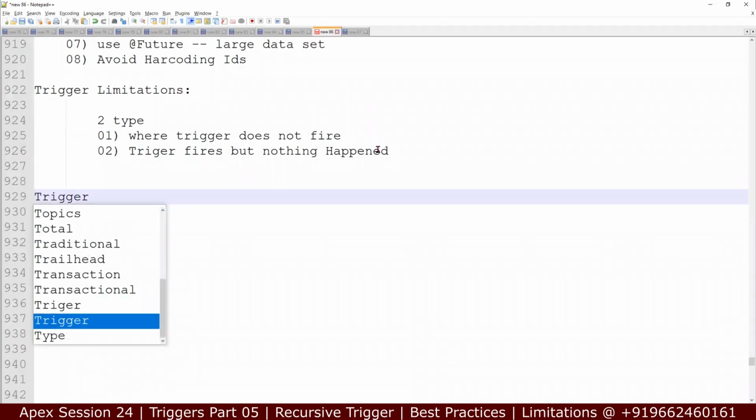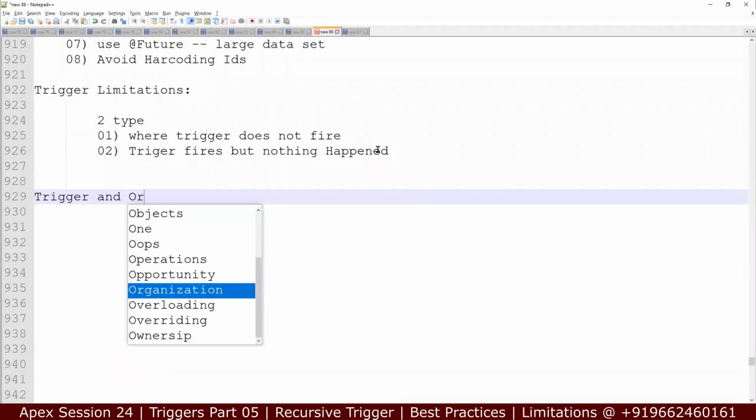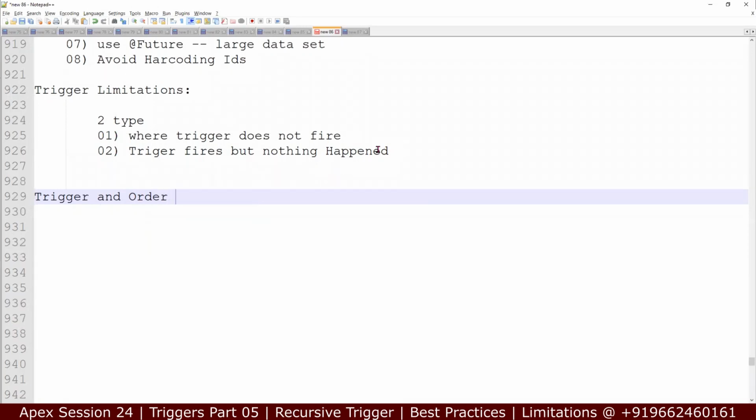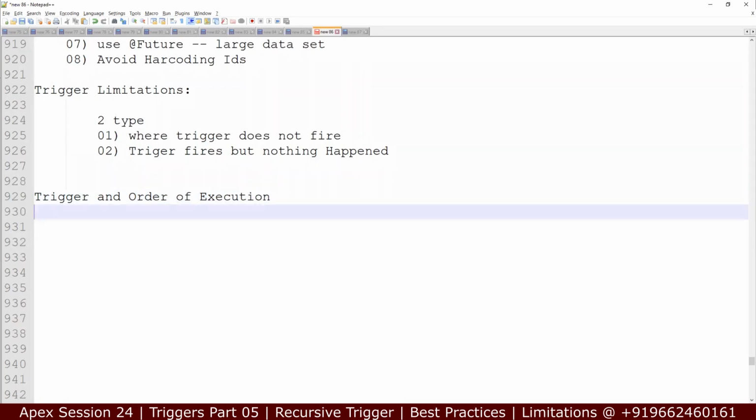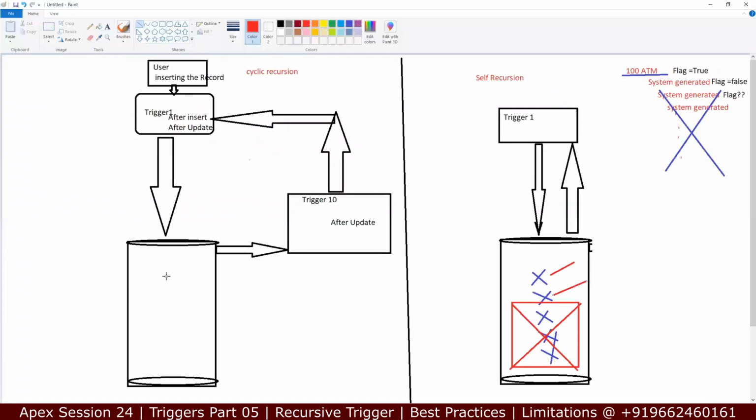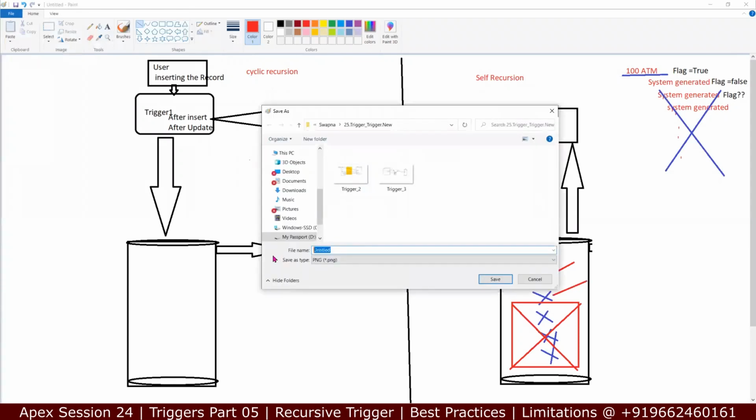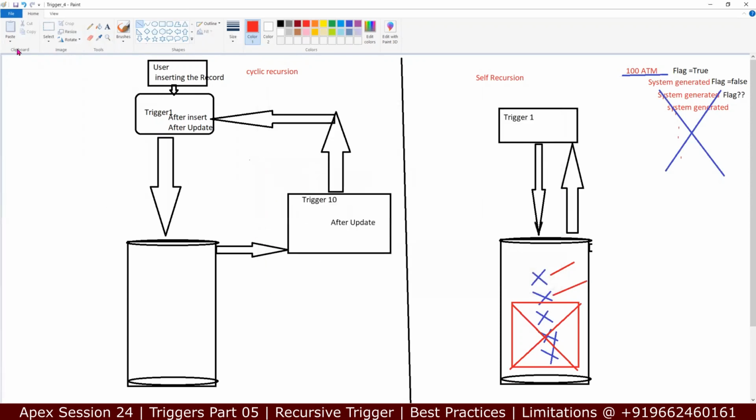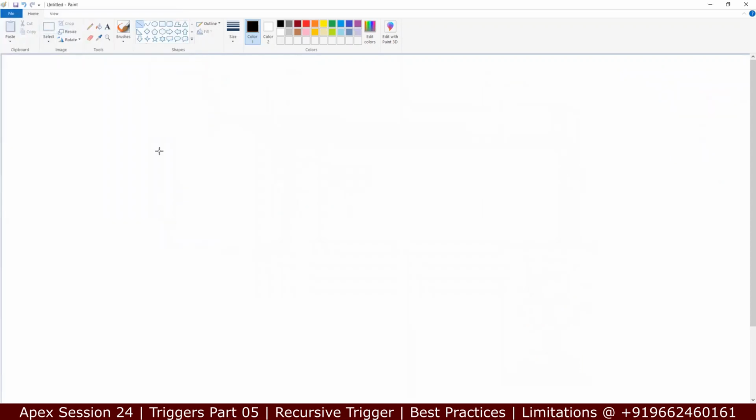And the next one is trigger and the order of execution. So trigger and order of execution is basically whenever the record is inserted, okay. So whenever a user inserts the record, as soon as the user inserts the record,